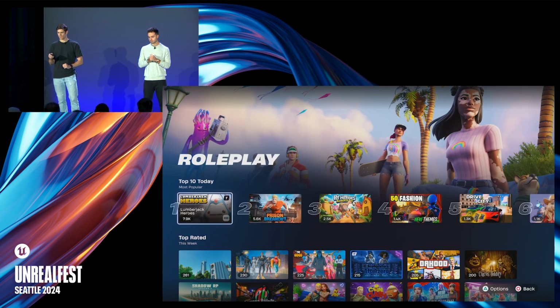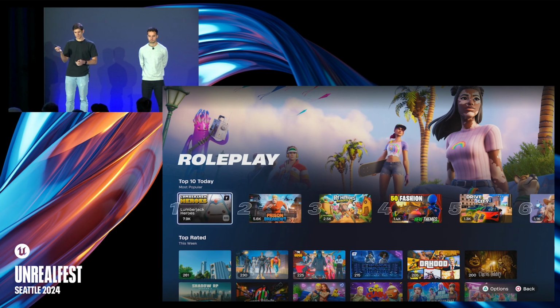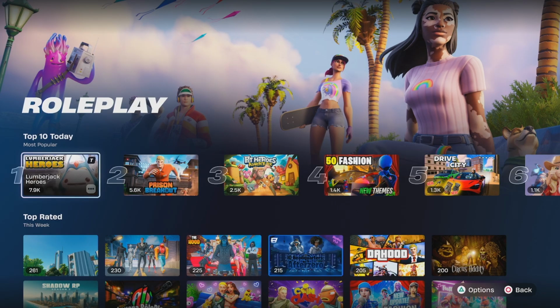Yep, and so here's an example of what that role play page might look like. We're adding a new top 10. We're going to mess around with this as a visualization of content that we think players will be really into. Similarly, we have top rated underneath this, you can imagine new and updated. And then at the bottom, we still want to have that full list of islands so that players who really want to go deep and see all of the different content that's available within a genre can still do that. But we're really hopeful that players dive into these pages. The other thing that we're going to be allowing players to do is actually favorite these pages.